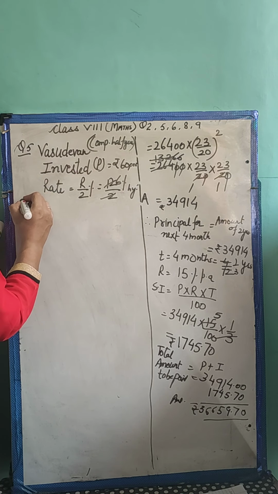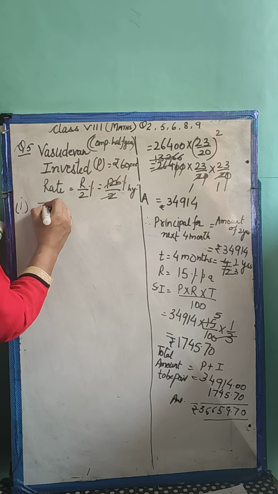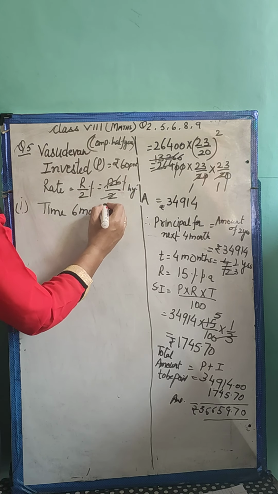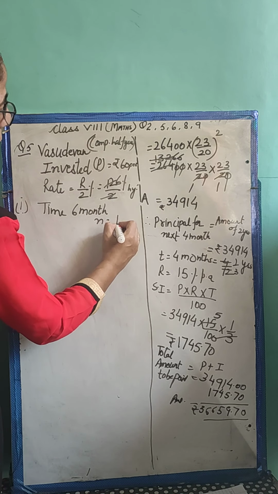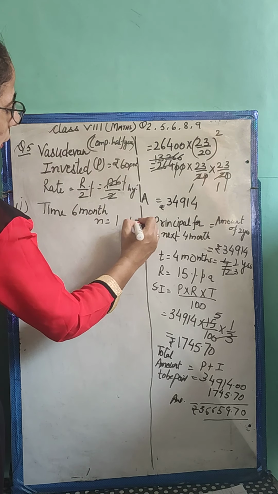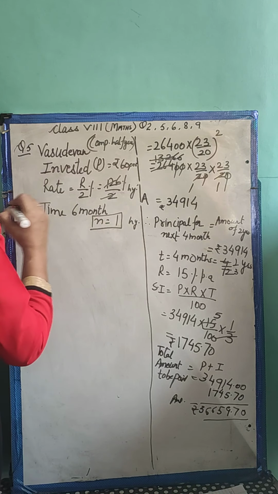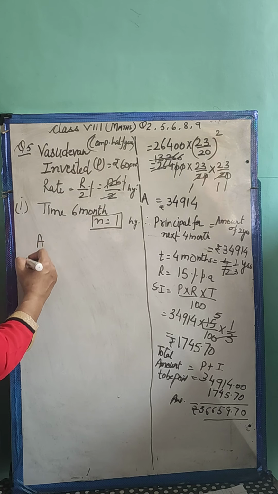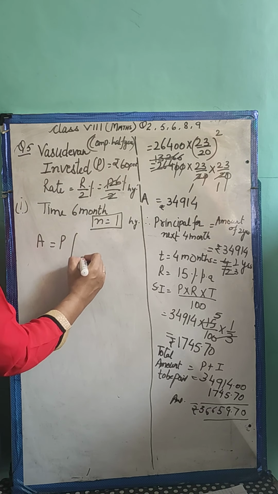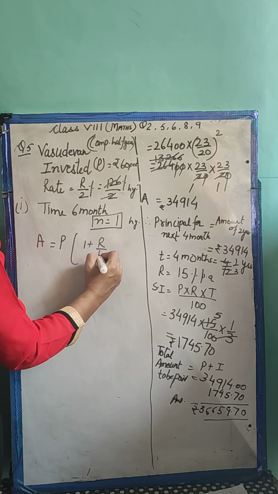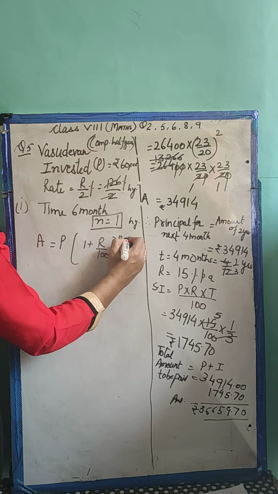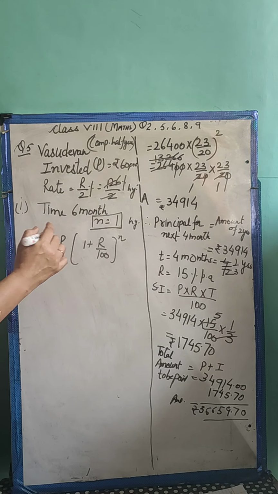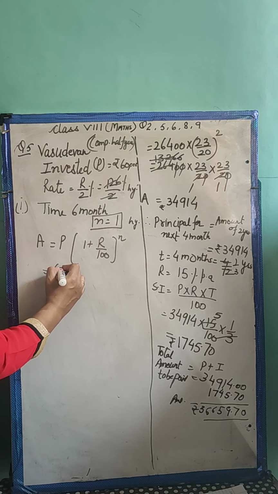And we have to find the first part. Time is 6 months. If time is 6 months, it means n is equal to 1/2 year. Right? So we will be taking n is equal to 1. So let us find what amount he would get. A is equal to P into (1 plus R by 100) raised to power n. But we have to take the half yearly rate. So 60,000